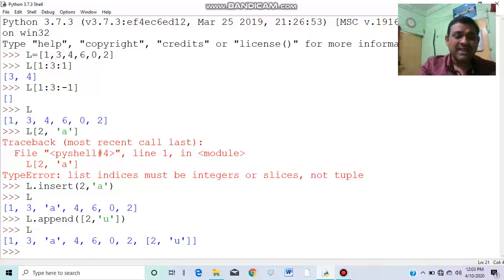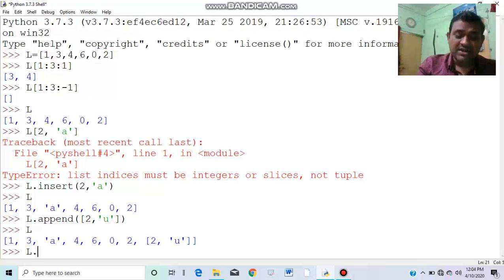Now extend. Extend is a function which is used to add multiple elements at the last. Insert is used to insert a single element, append is used to add a single element at the last, and extend is used to add multiple elements. How?